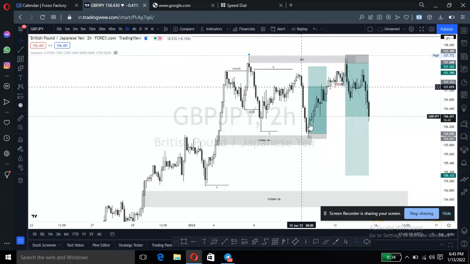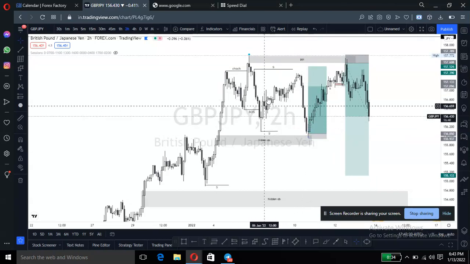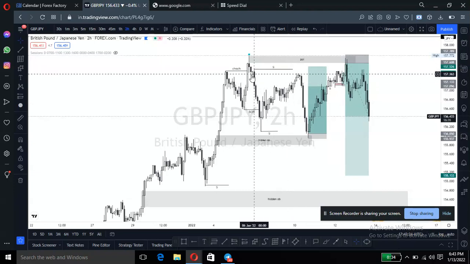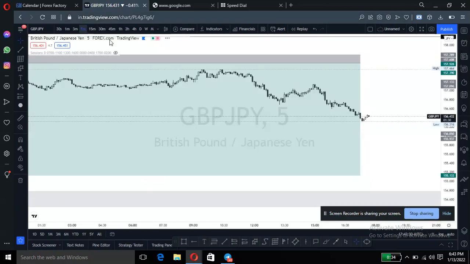And I saw this impulsive move down. Okay, this was a corrective move, which means they're bearish now. And then they did this and moved into this. You could see in this week there was a 5-minute order block. I think a 5-minute or a 15-minute order